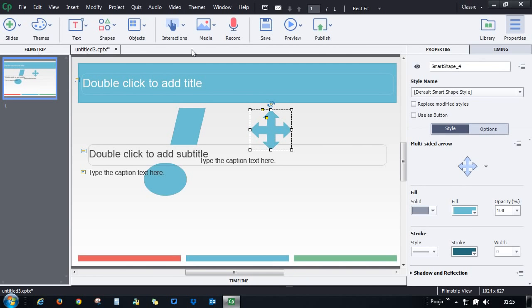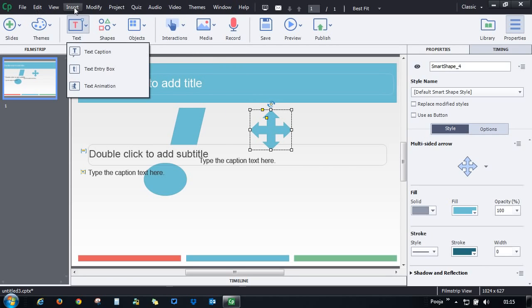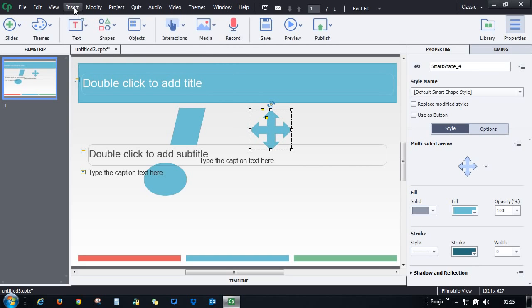We've tried to put everything here because in that L-shaped toolbar, we were not able to fit a lot of new stuff like the drag and drop interaction, for which you had to go to Insert and then add the drag and drop interaction. So we have added it nicely over here